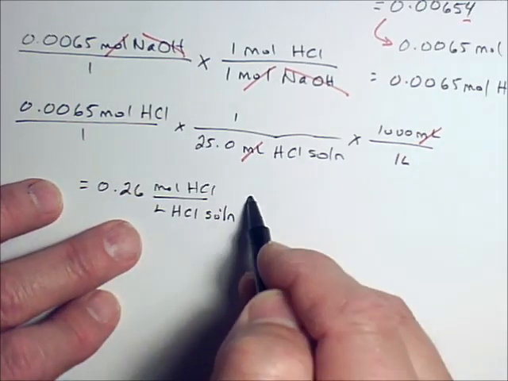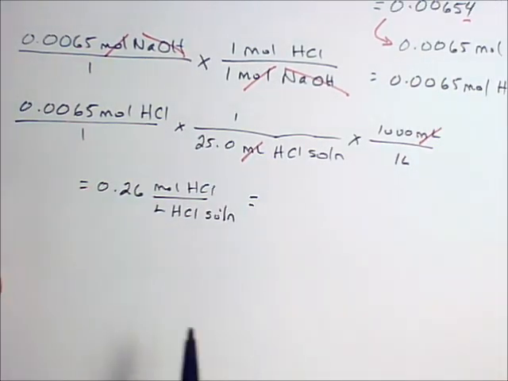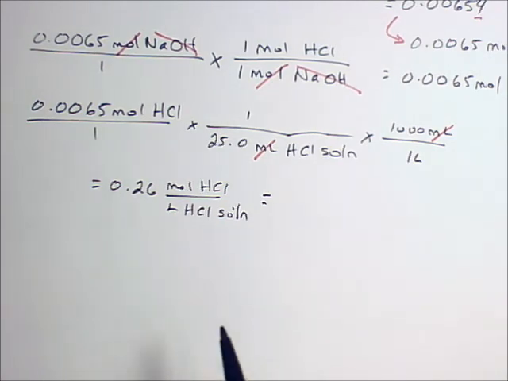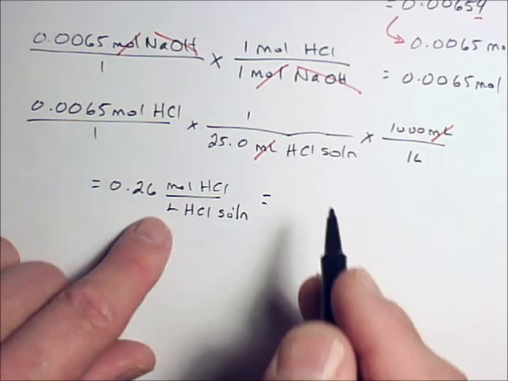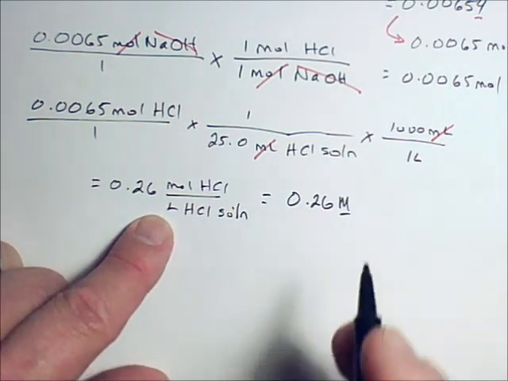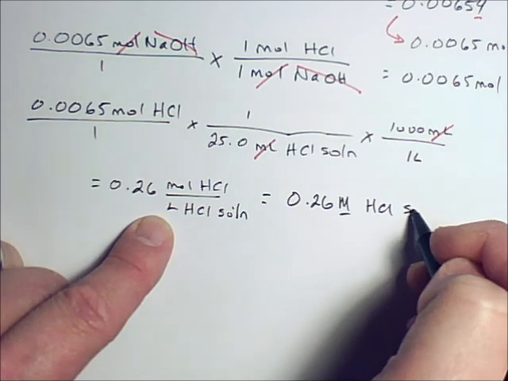But the thing to remember is that if you left it in that form, I would have to accept it. That's perfect. That is a concentration unit. It's just simply write 0.26 molar HCl solution. You can do